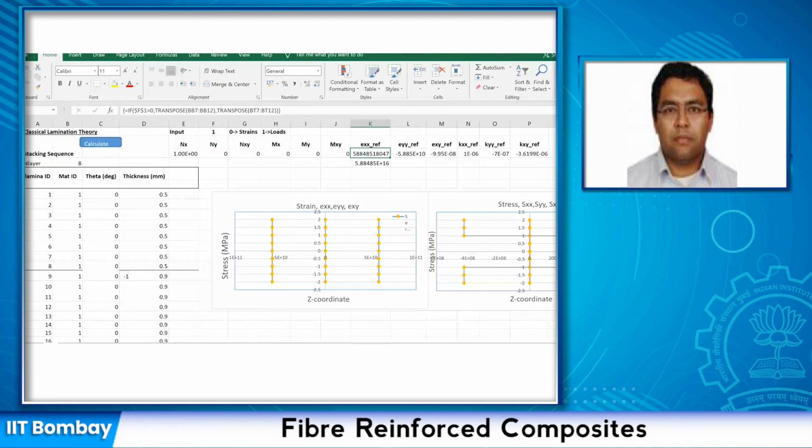Next class, I will go through some layups to look at what's happening to the forces and the stresses. But I still have to derive the other side. Right now I'm giving some input as strain, for example, and then I get forces, but we will actually do the inverse of this so that we can calculate the small a, small b, small d, which relate the mid-plane strains and the curvatures to the forces. So we will flip it, and we will do the inverse calculation also, and we'll derive that.